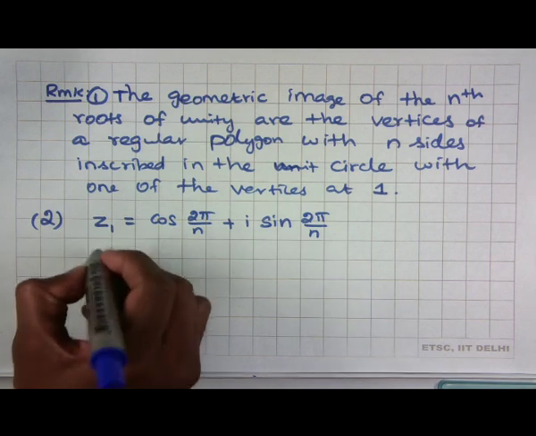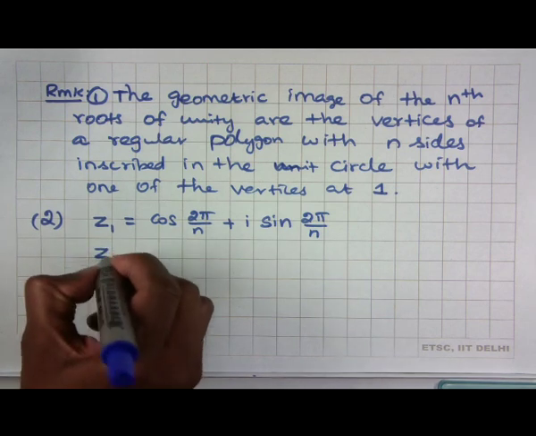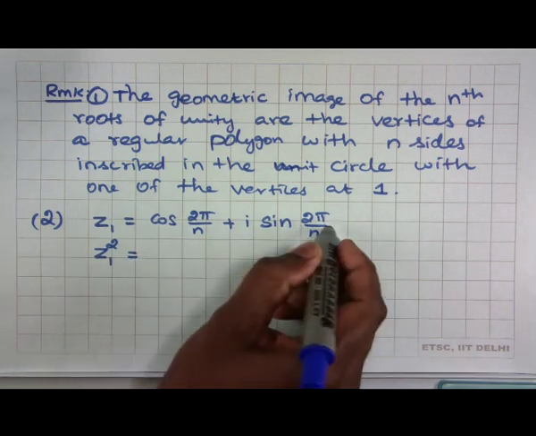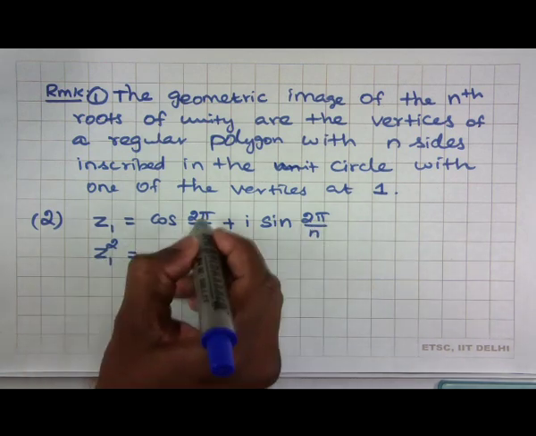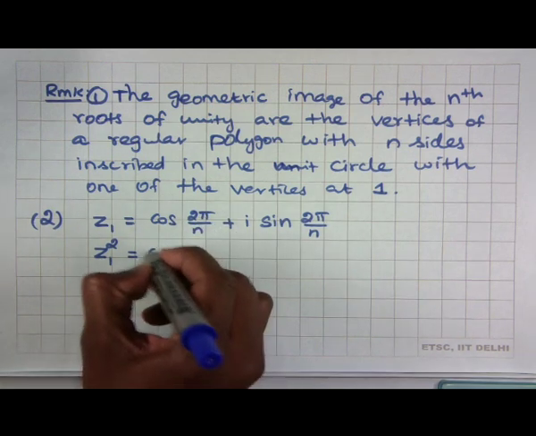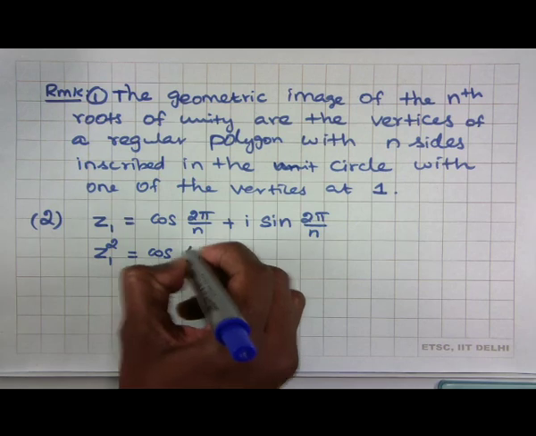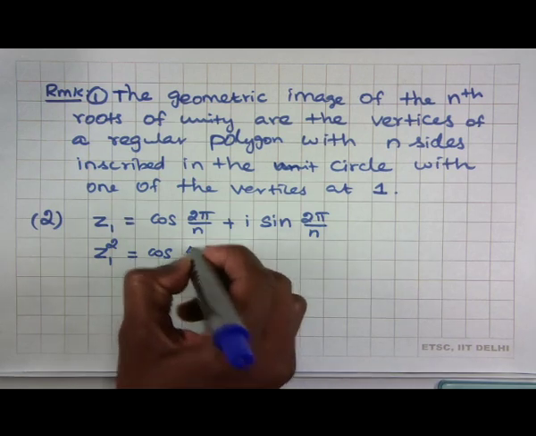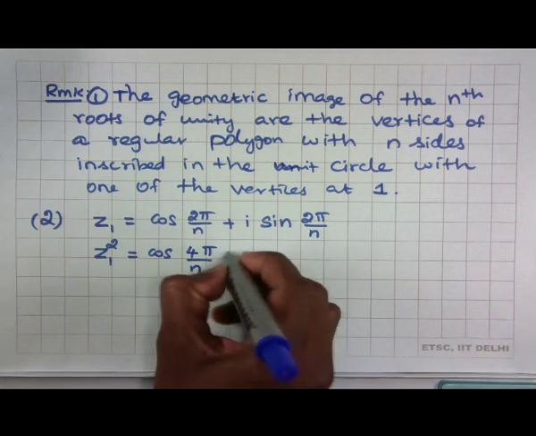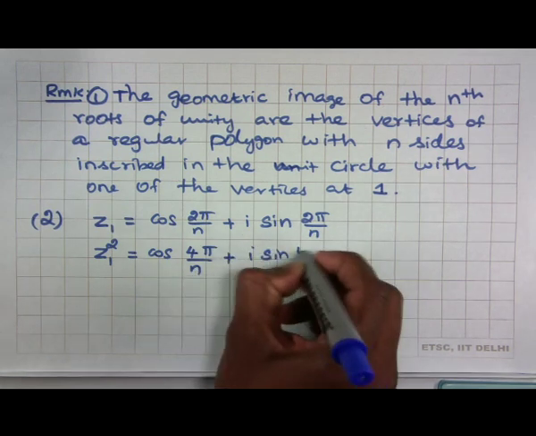Now, if you take the power z1 square, we get by De Moivre's formula that the power multiplies with the argument. So we get cos 4 pi by n plus i sin 4 pi by n,